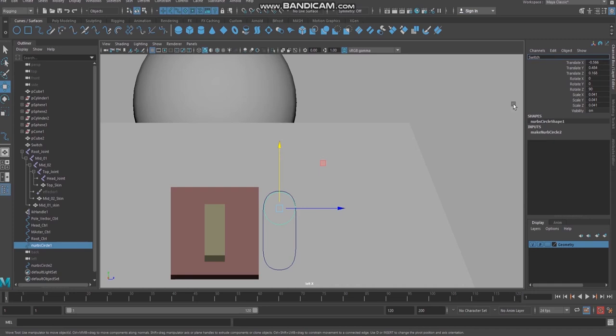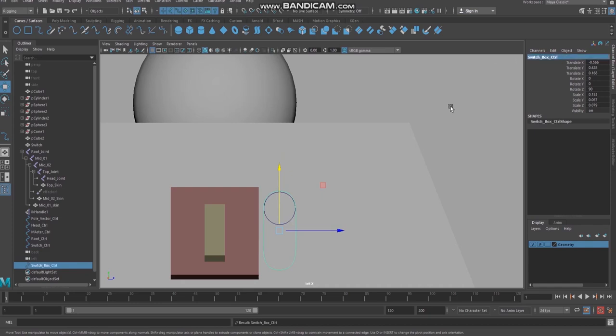Okay, so I'm going to give switch control. And this I'm going to give switch box control. That is a box control.